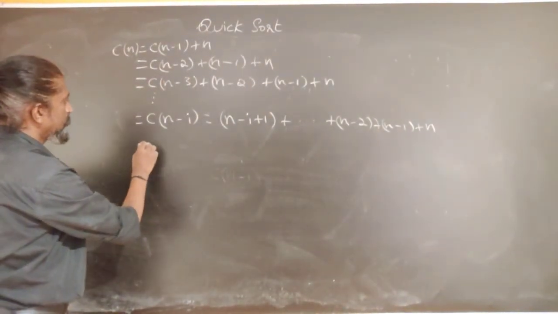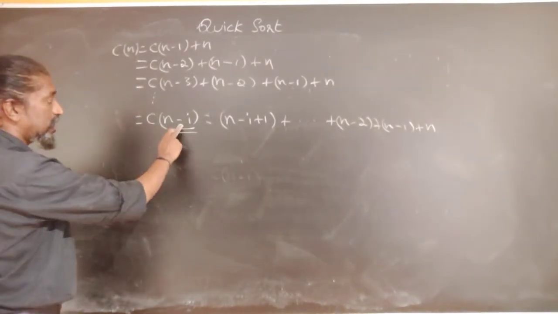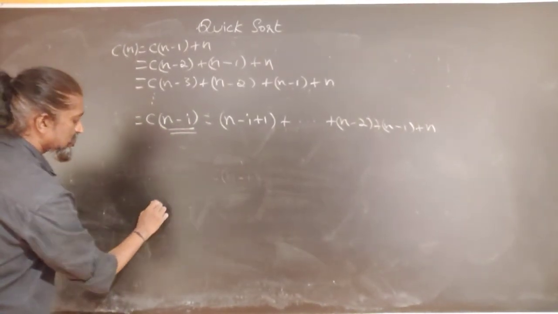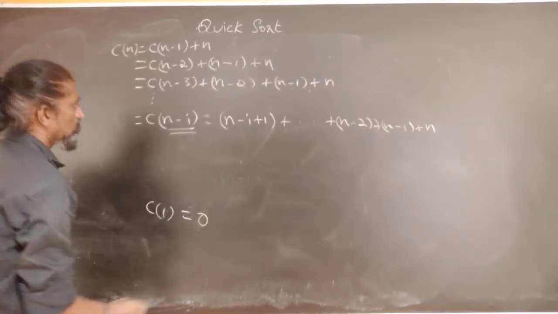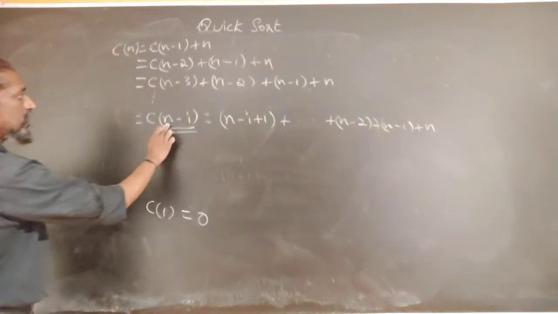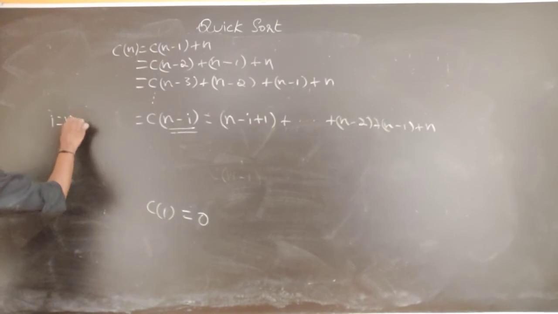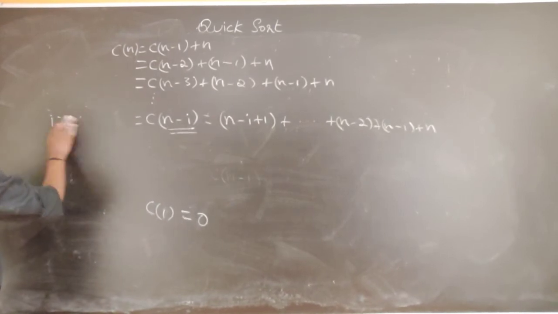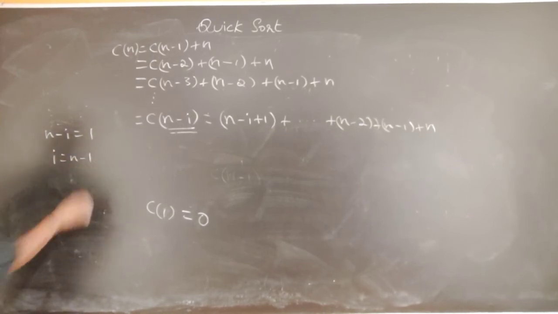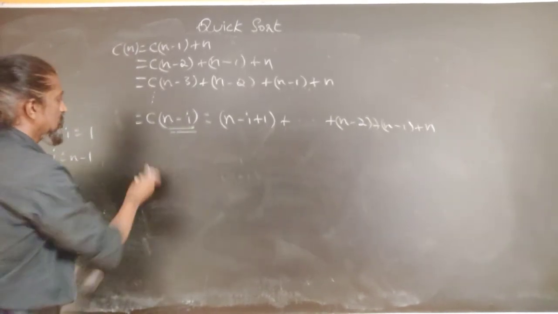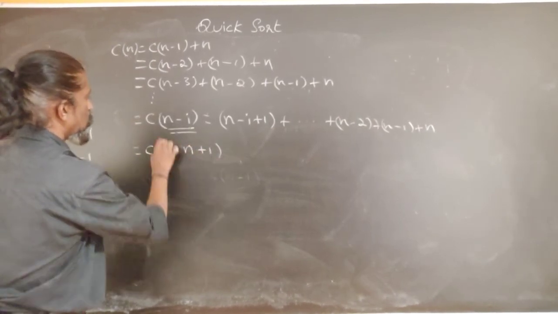Okay, so now we want this to be 0, because we had the initial condition C of 1 is equal to 0. So therefore we need to make this as 1. If we need to make this as 1, then the value of i should be made as n minus i is equal to 1, which means i is equal to n minus 1. So when we substitute this, we will get C of n minus n plus 1